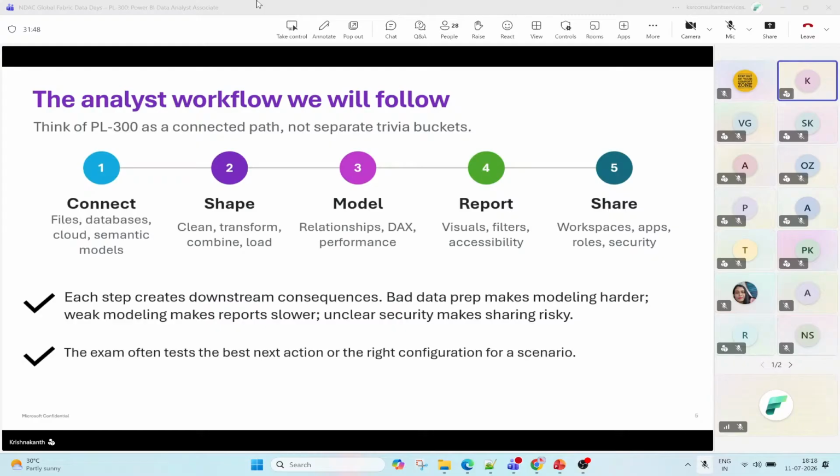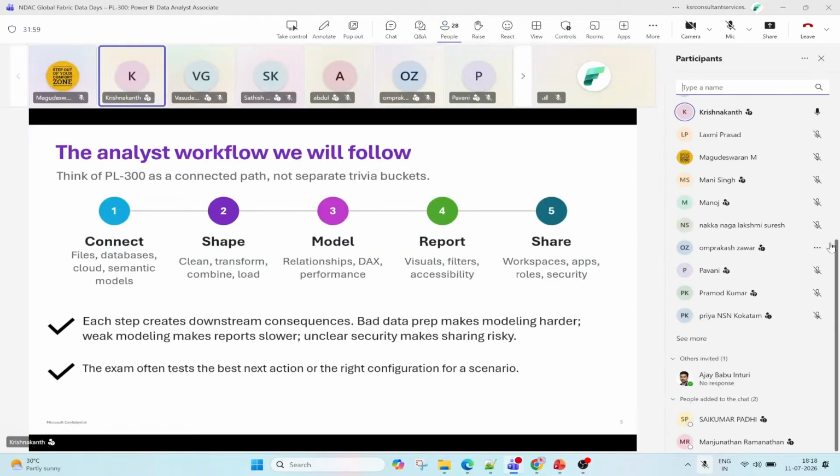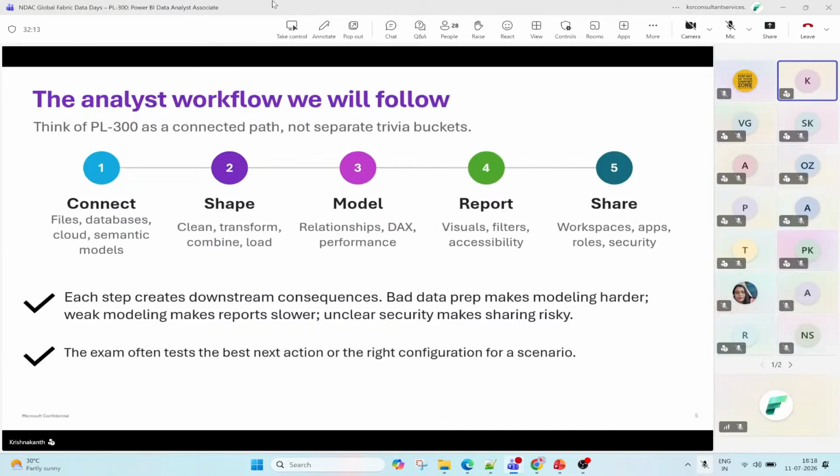Then we'll be working on the data modeling with respect to the tables, where we can ensure the right data modeling is achieved, and we'll be working on DAX functions. Next, we'll be working on the reporting part where we can showcase certain KPIs, certain visuals, and where we can also utilize the filter on the visual and filter on this page, where we need to showcase certain filtering wherever it is required on a specific page. And we'll be finally publishing it into a workspace and providing the app level report link to the end users, along with configuring the row level security.